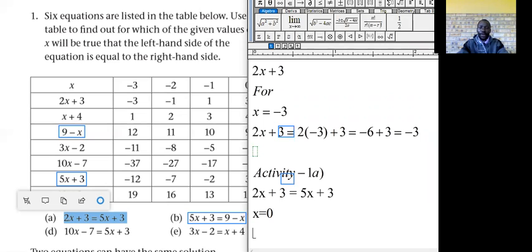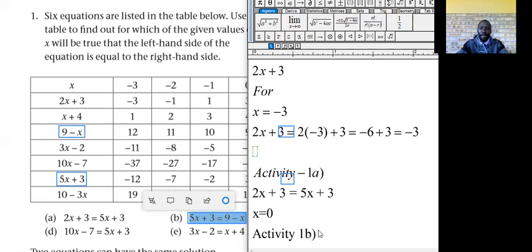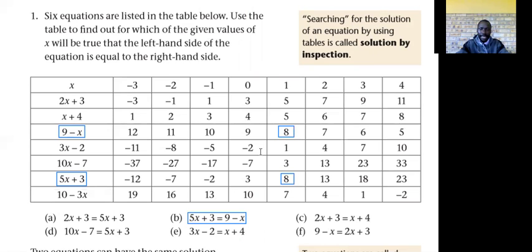Now, what is going to be our answer for activity 1 part B? Yes. Now for activity 1 part B is this one. So what do we do? Well, let's first get it right inside. So we transfer it right inside here. So for activity 1 part B, this is what we have. So what's the value of x? Well, the value of x is 8. So by a method of inspection,